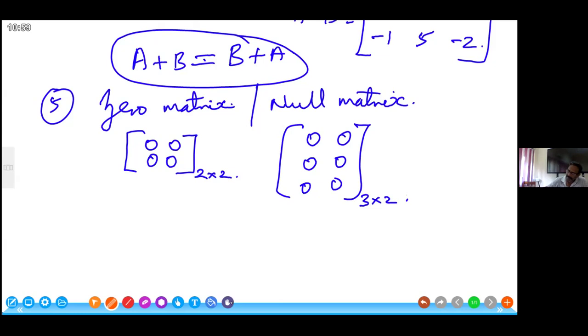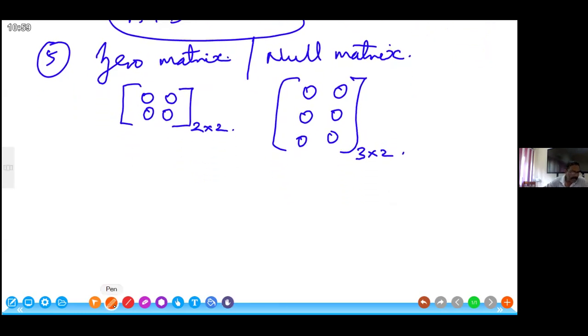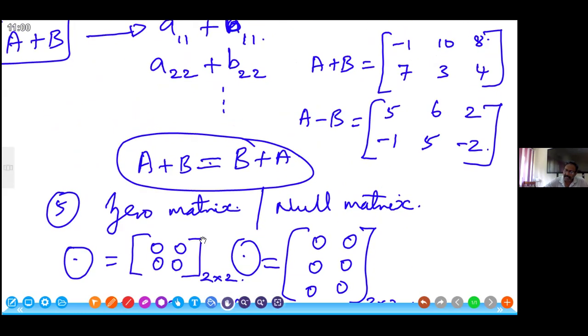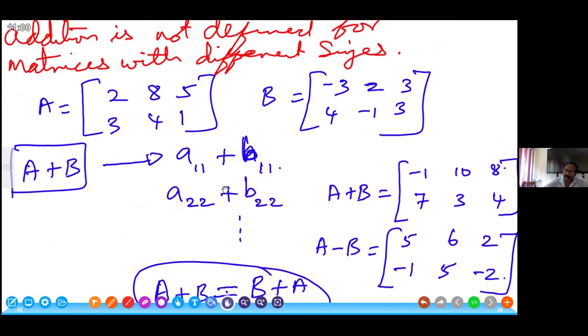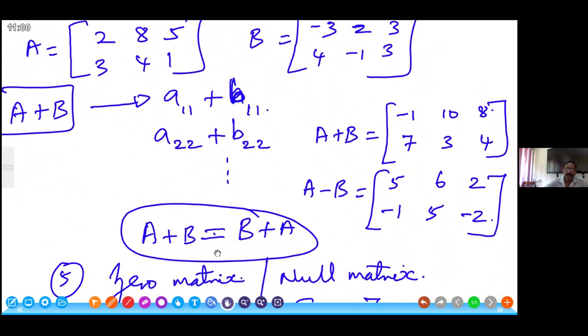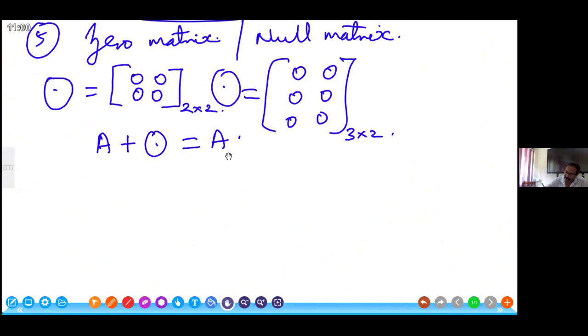So here, when you add a matrix with the zero matrix, it will produce A. For example, if I have matrix A here, 2, 8, 5, 3, 4, 1, it will produce the same with the zero matrix. So that means 2,